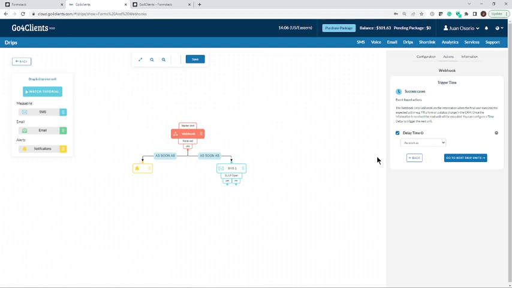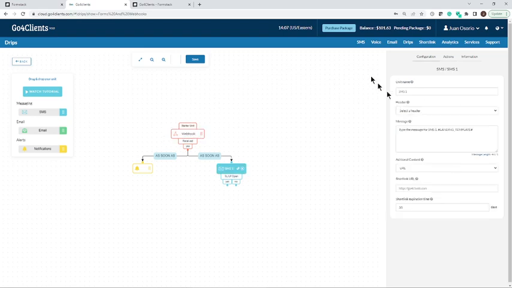So really the name of the game is immediacy. How quickly can you reach out to them to really drive those sales? But you can do it as soon as possible, in seconds, minutes, days, hours, whatever you choose. We know you have different scenarios of reaching out to your leads or engaging with your customers. I'm going to leave it as soon as, and if I go to the next drip unit, it says,